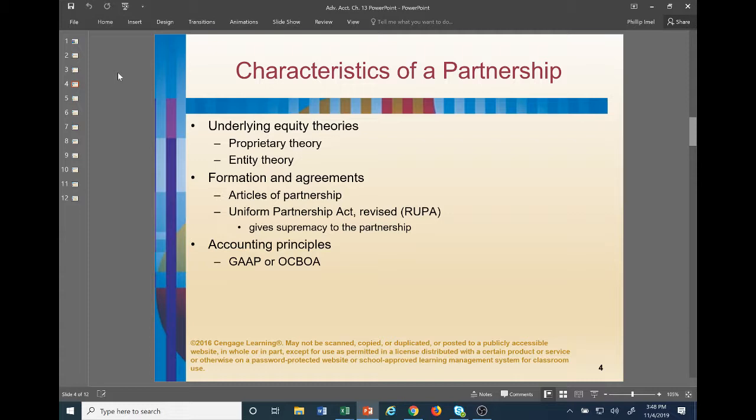Such an agreement is referred to as the Articles of Partnership, and at a minimum should include the following provisions: the partnership name and address, partners' names and addresses, effective date of partnership, a description of the general business purpose and the limited duration of such purpose, if applicable, powers and duties of partners, procedures governing the valuation of assets invested, procedures governing the admission of a new partner or partners, procedures governing the distribution of profits and losses,